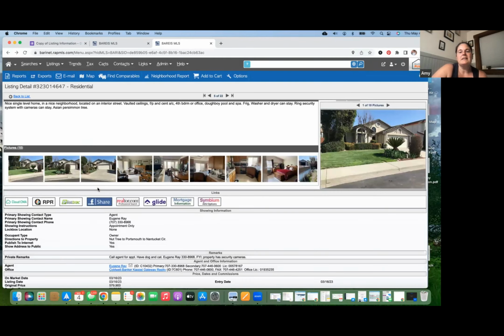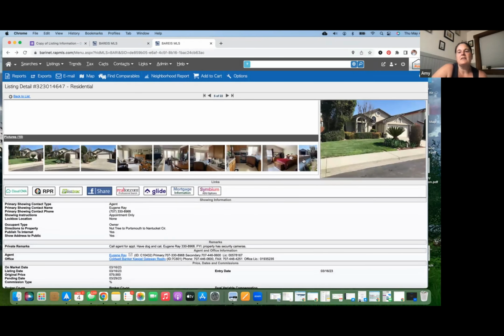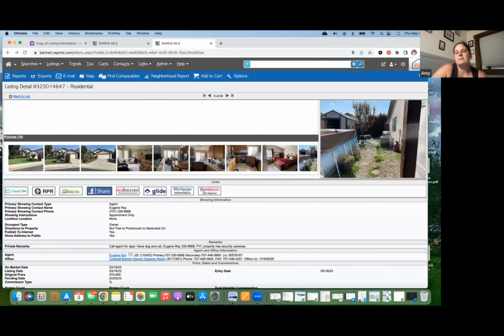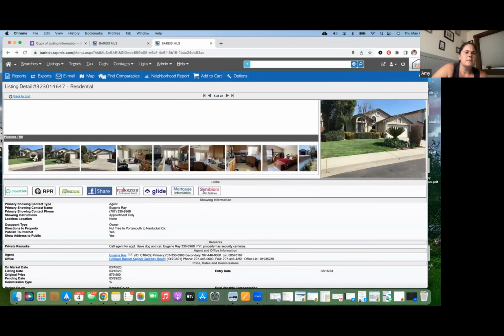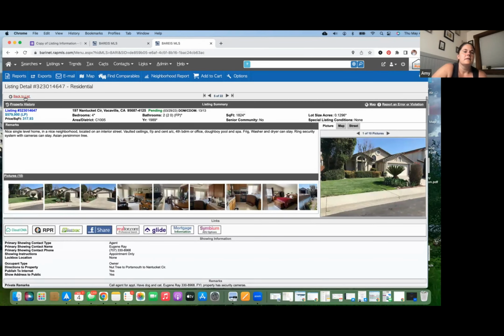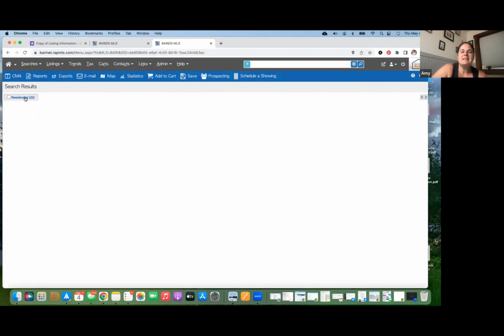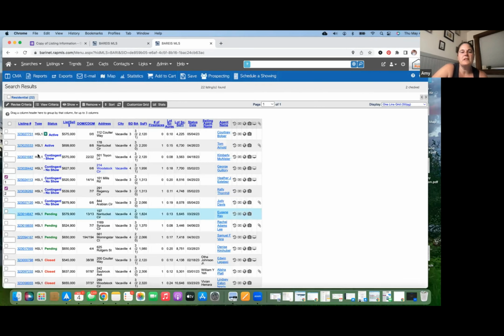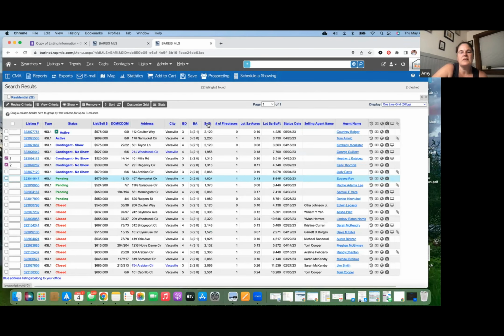So this one's not nearly as nice on the inside nor the backyard, although the front yard's really cute. Okay. No, it's not. All right. But because we are limited on comps on the same square footage, and that's the closest one, we're going to go ahead and check that one